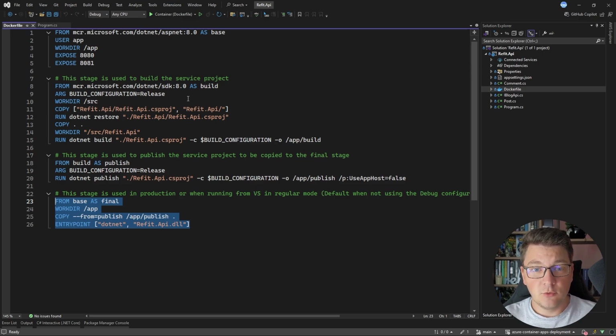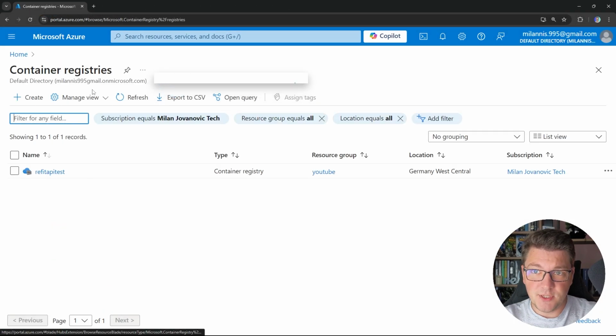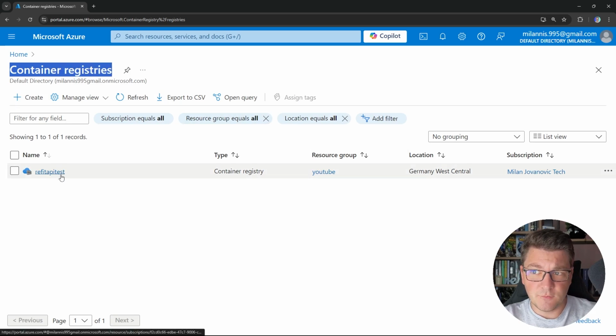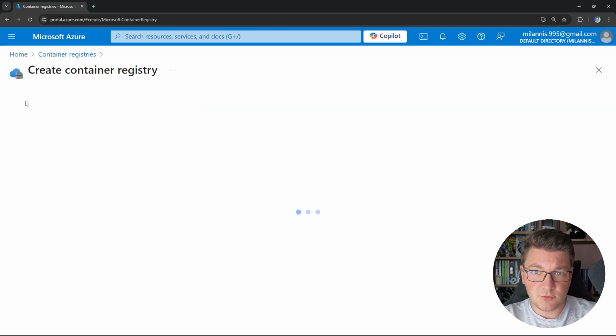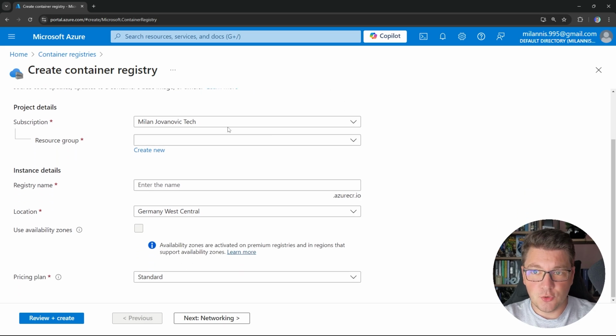Now, in order to be able to deploy from our container image, we first need to create a place where we can store those images. And inside of Azure, this is the Azure Container Registry service. So we will have to start by creating our Azure Container Registry. So you can do that by navigating to the Container Registries service. I already have a test container from earlier, but I'm going to walk you through creating a new one completely from scratch. So I'm going to click on Create,